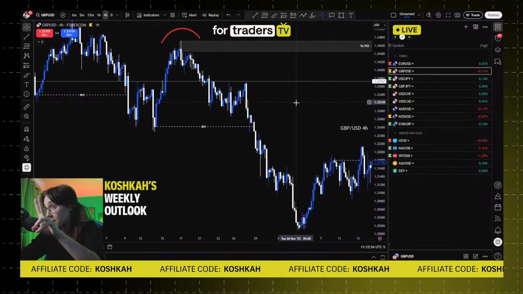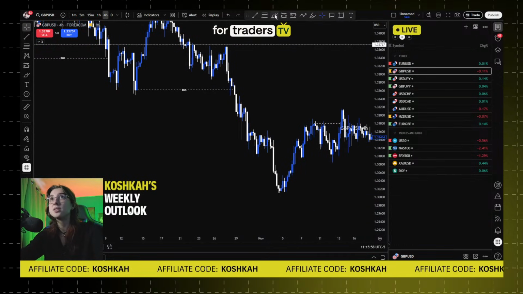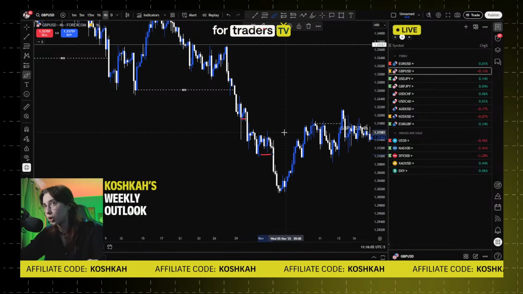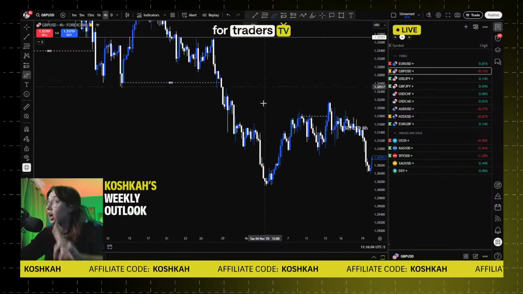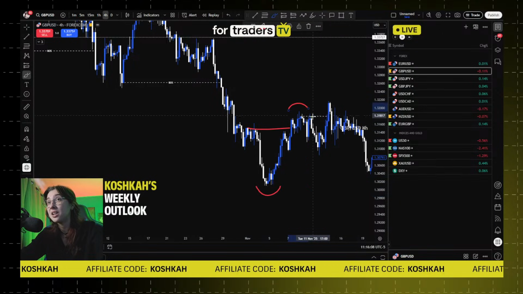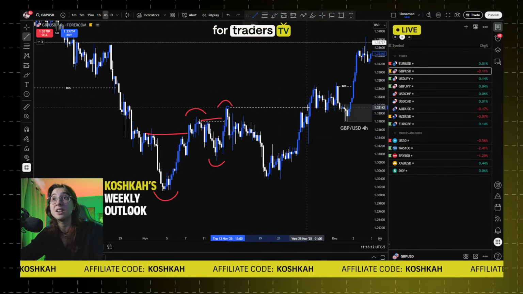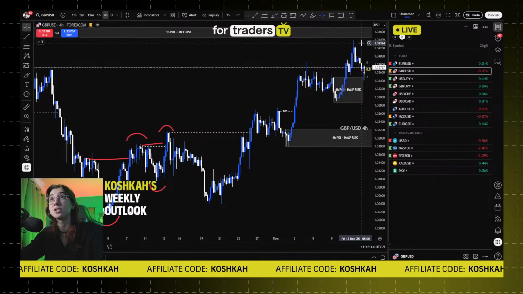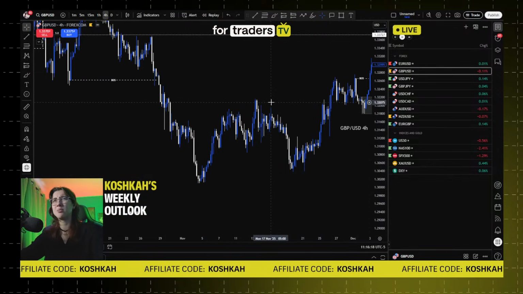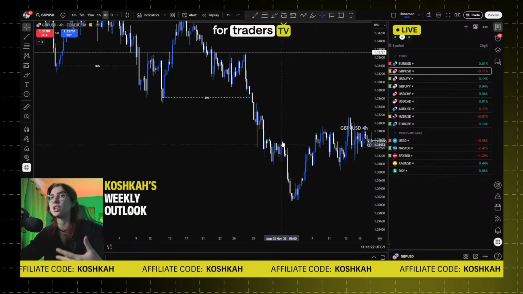The second option would be to consider those little pullbacks as actually some ranges and some structure. If you consider the second option, this means that right here you have the beginning of a reversal, right here you have another break, and basically everything in between later on is just a bullish structure. So now you will tell me, okay, but how do you know if this is actually a change of character or just liquidity?